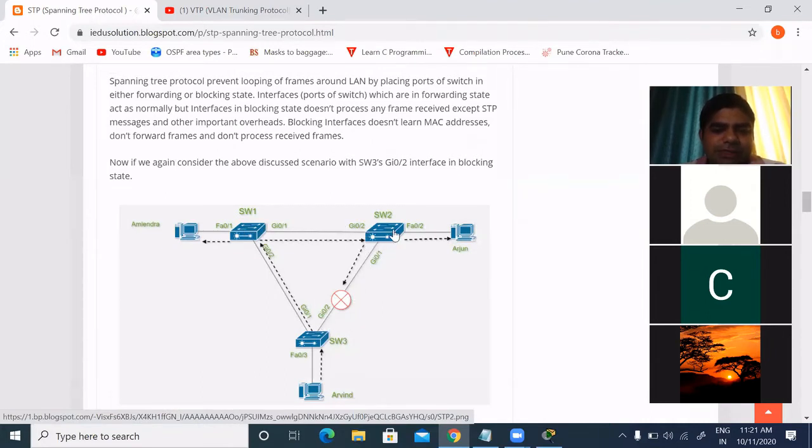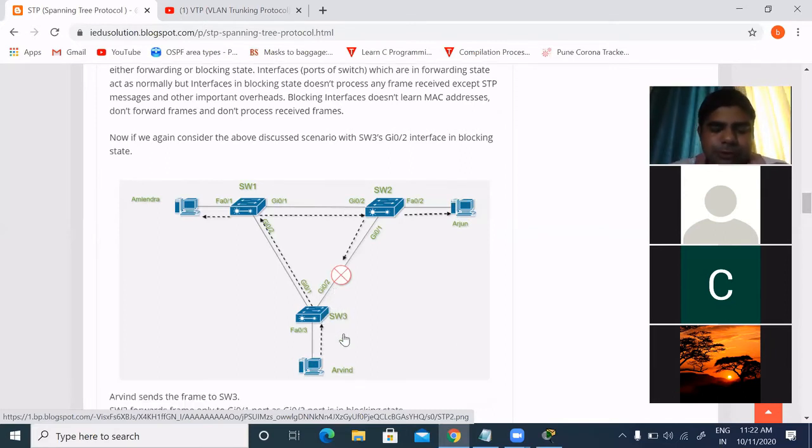If it connects via switch 3, the cost will be 4 plus 4, that is 8. Whereas if it uses this link, the cost is 4. So it will select GigabitEthernet 0/2 as the root port. In the same way, switch 3 will also select a root port.